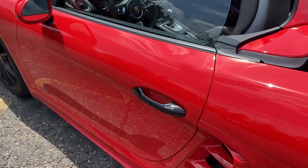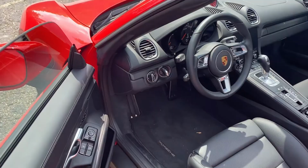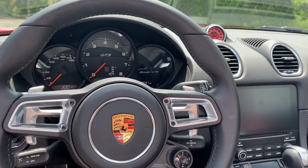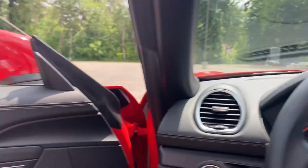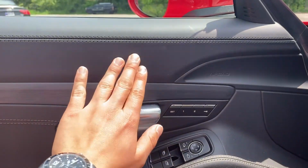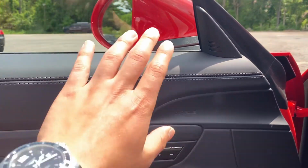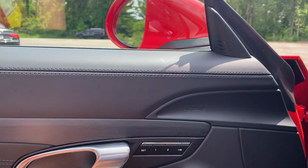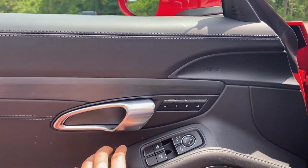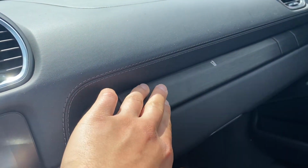So moving on to the interior, you'll notice the black door handles at first, and then moving on in, you have a pretty standard Porsche interior for this model year. You've got all the leather everywhere, which is awesome. That's something that we're seeing less and less in the car industry nowadays. We're seeing a lot of companies reverting to just putting kind of fake leathers or rubbers on the parts that you don't really notice. Yeah, maybe targeting a certain Volkswagen brand, but you can see we have this super classy